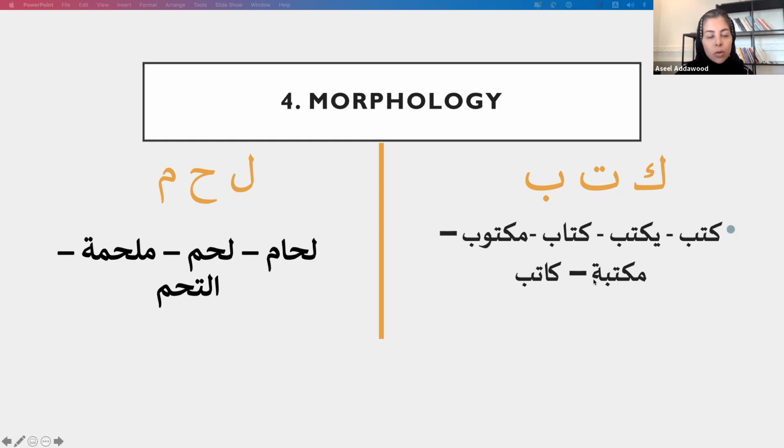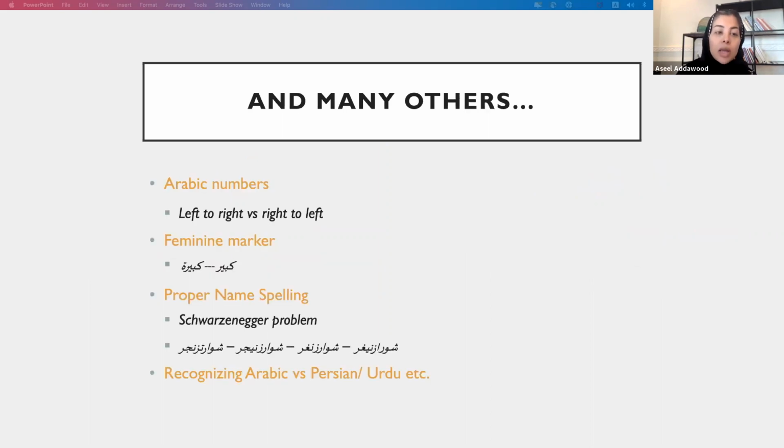Even this is maktaba, which is library. If I take the root of library, it's going to be writing. He wrote something, or writing. So there is the problem of morphology. When I take the wording to its root, I'm losing the meaning of the word itself. So that's another challenge that needs to be investigated or worked with.